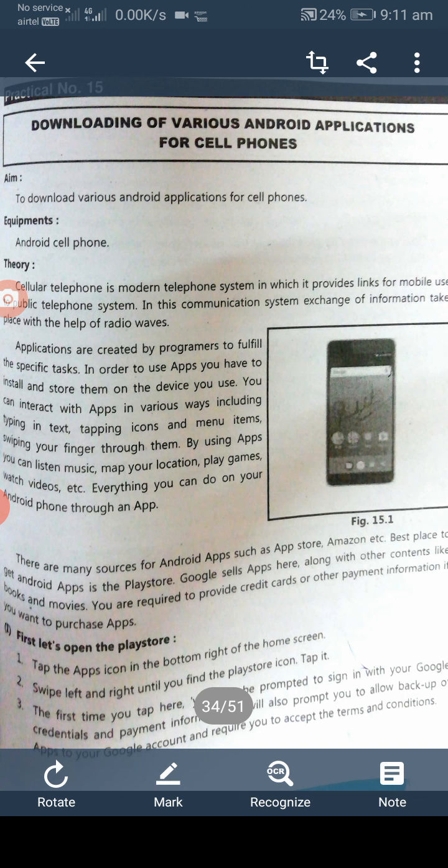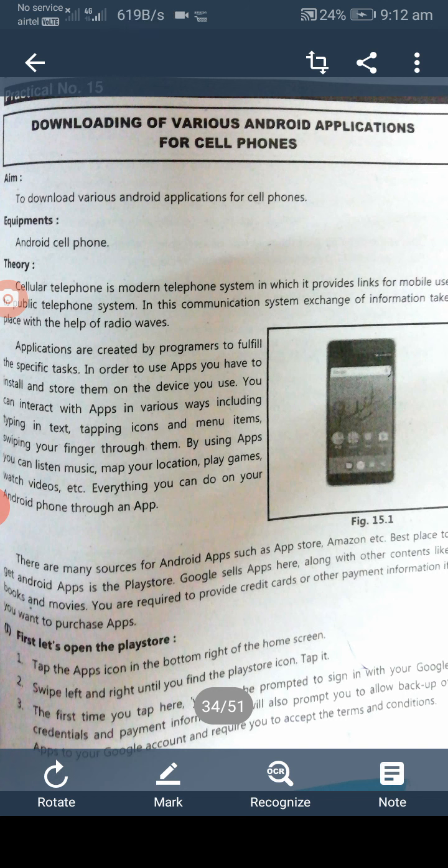Applications are created by programmers to fulfill specific tasks. In order to use apps, you have to install and store them on the device you use. You can interact with apps in various ways, including typing in text, tapping icons and items, and sweeping your finger through them.